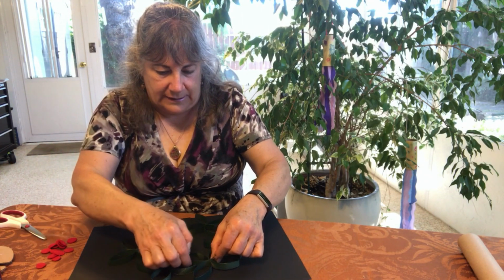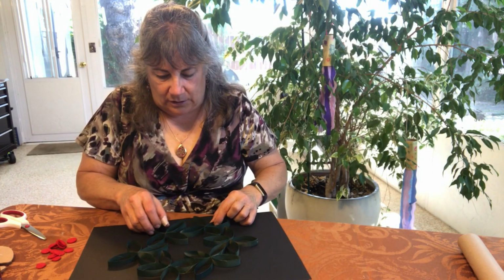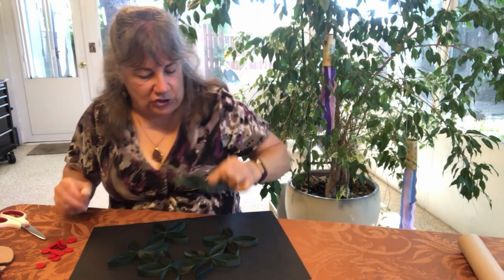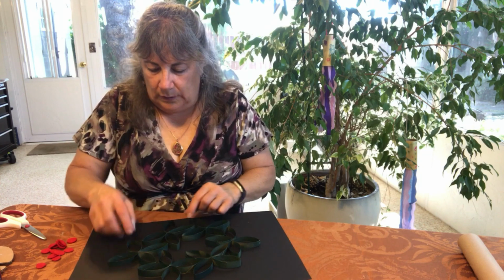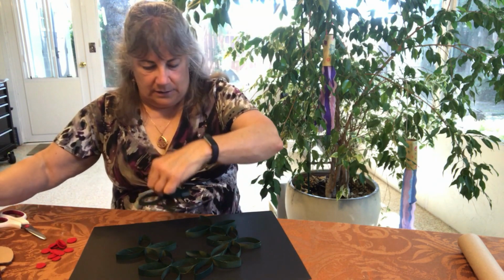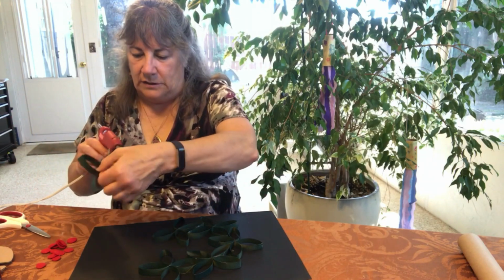All right, so let's get these going. And it's not gonna take much glue. Again, if you use the hot glue gun, man, lickety split. This is gonna go so fast. So sometimes you're gonna put in the tip of one of the petals into the groove of another. Maybe you're gonna glue a petal to a petal. It just kind of depends on how you're putting this thing together. All right, now I'm almost done, and then I'm gonna lift this up and I'm gonna show you what I have for the very first